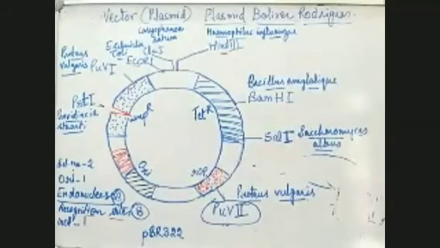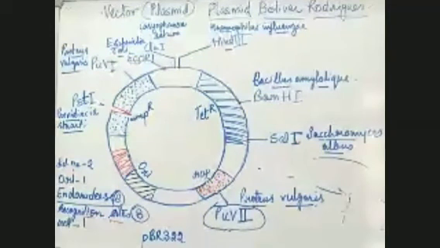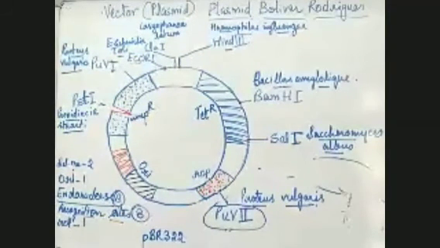This is what endonucleases are, and how these selectable markers are used, I'm going to tell you. This is what ORI is, and this is what ROP is. This is all about pBR322. Any query in this now, or shall I switch over to another topic? Yes, not another topic, the same topic I'm going to tell you.